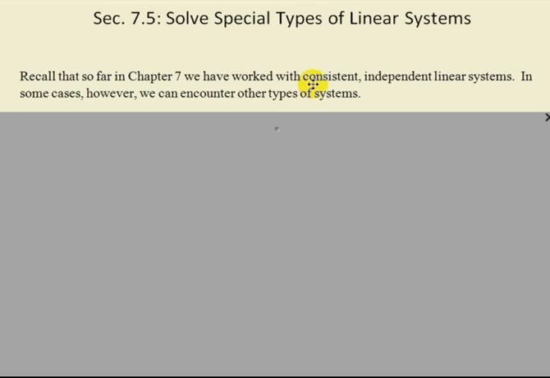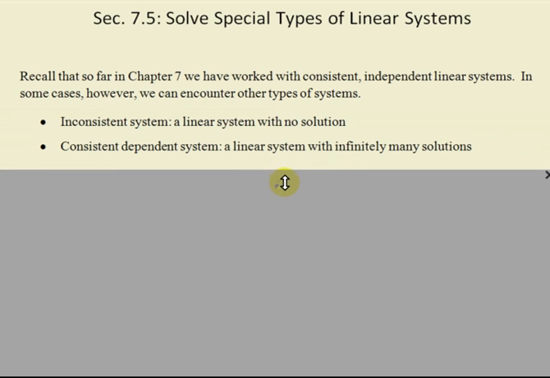So far we've worked with consistent independent linear systems. Consistent means that when we had two equations there was at least one point that would satisfy both equations. Independent means that we don't have the same equation twice, and that provides us with only one solution rather than more than one. So consistent independent linear systems have exactly one solution,